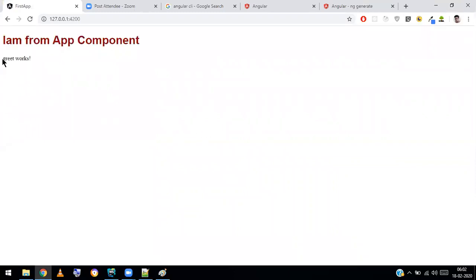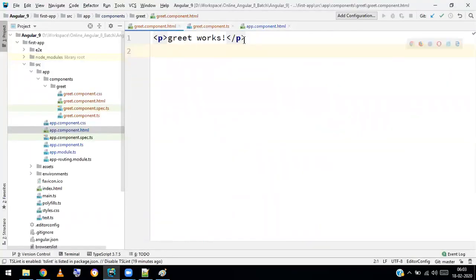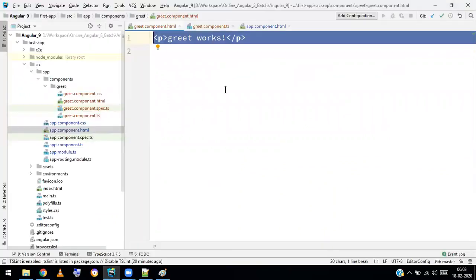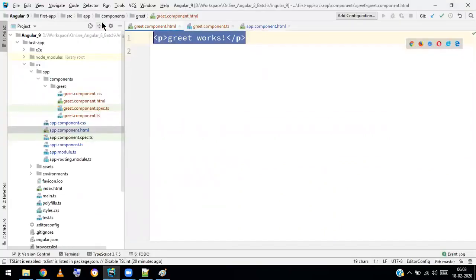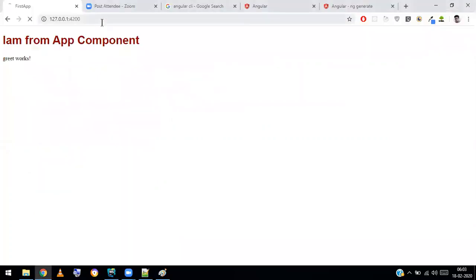You got a paragraph, grid works. It means the app-grid, the grid.html, is working over here. It's a separate component. So instead of doing all this, I'll just take an h2. I'll say I'm from grid component. So you get I'm from grid component.